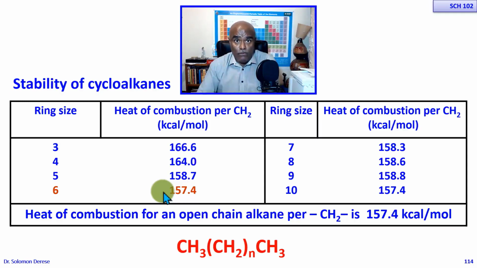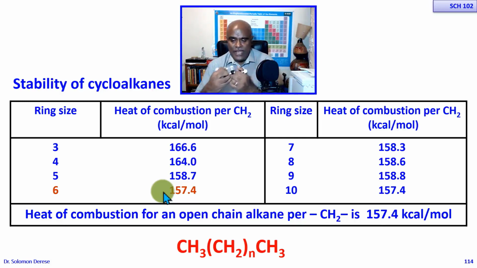One of them is to avoid this strain. This strain is called torsional strain, as I will explain in a short while. To minimize or eliminate torsional strain, the eclipsing of the hydrogens on the neighboring carbons. The other reason why cycloalkanes adopt different conformations is to, as much as possible, bring their bond angle to the ideal 109.5 degrees in order to minimize the strain that comes as a result of formation of a ring to